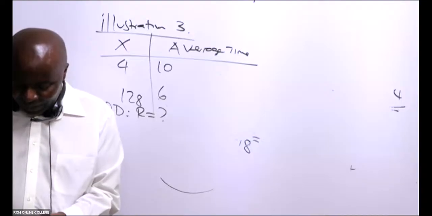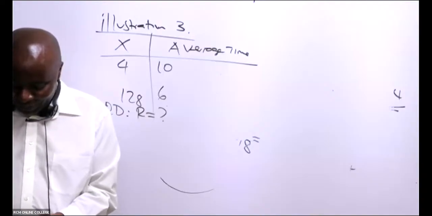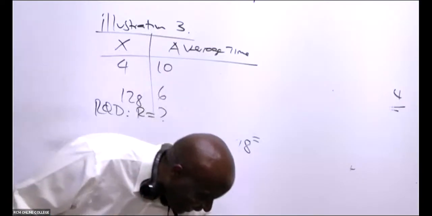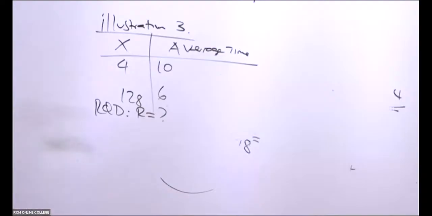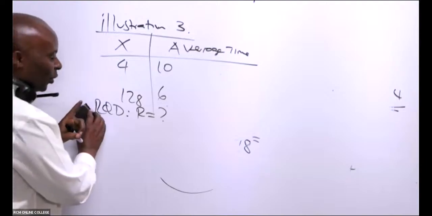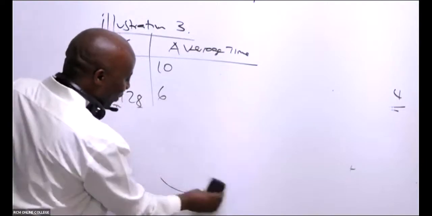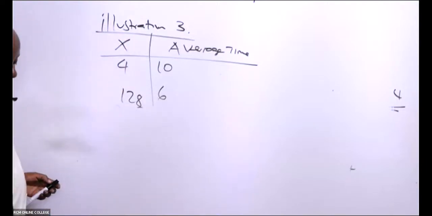Na hii pesa by the way nafaa nianze ku withhold. Sasa mtanipatianga pin number. Nafaa nianze ku withhold, eh? Umengoja answer. Ulisema, lakini ulisema 98 na sasa si 98. Ulisema 98 wewe. My daughters awadanganyi wewe. 91. 91 ni uongo. Ni uongo. Sasa wacha mimi nifanye peke yangu, isn't it?